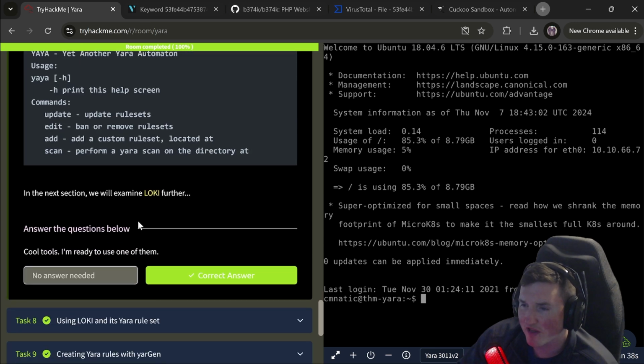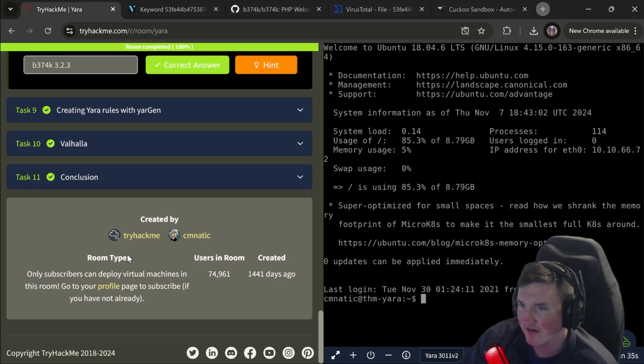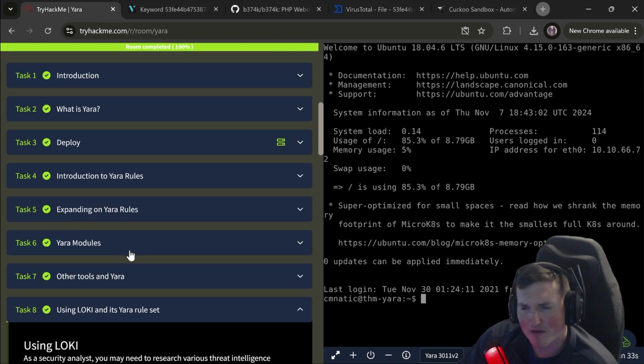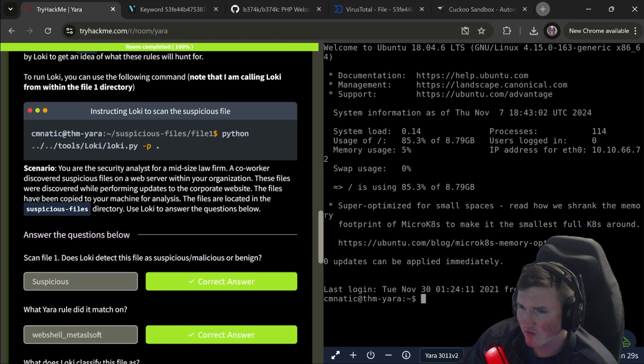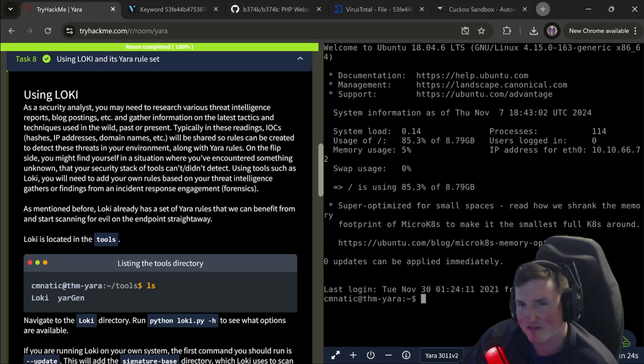So these are tools that will help you, and you can see there's nothing there to do. But here's why I'm confused: it says you will not be required to use this tool, yet the questions require you to use the tool. So I don't understand that. Maybe these questions weren't always in here.